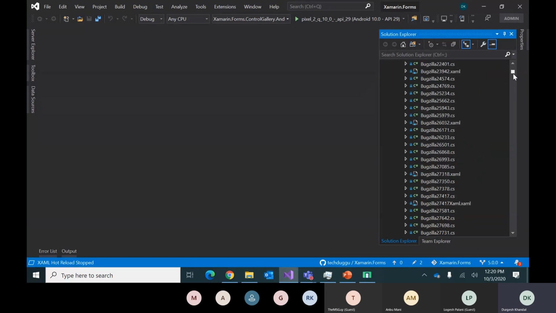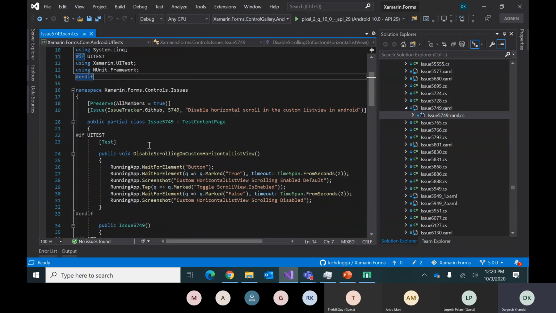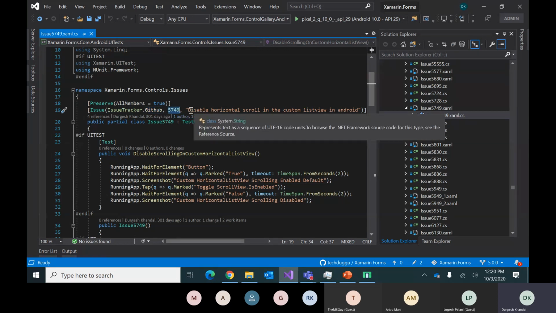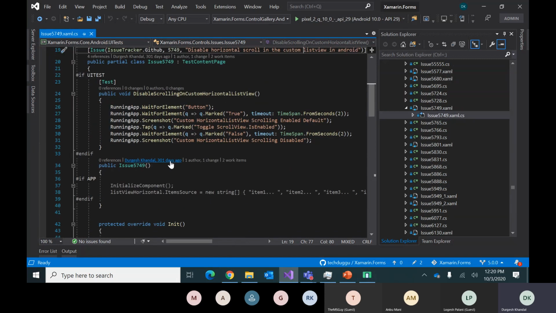When I say template, let me give you an example. Let's take this one. So there is an issue template. Basically, the template is nothing, you just need to follow some rules here. For example, you're working on one of the issues, let's say 5749. You mark your issue like this: from GitHub, issue tracker, GitHub, your issue ID, and a title of your issue basically. And once you follow this template,